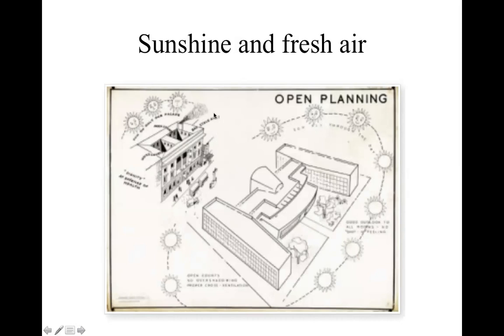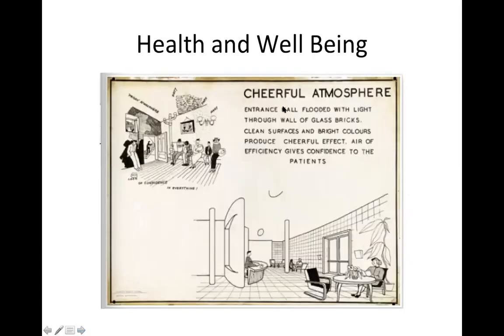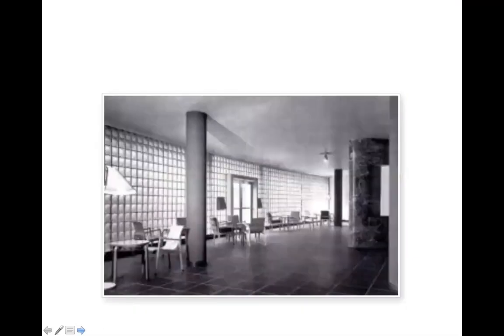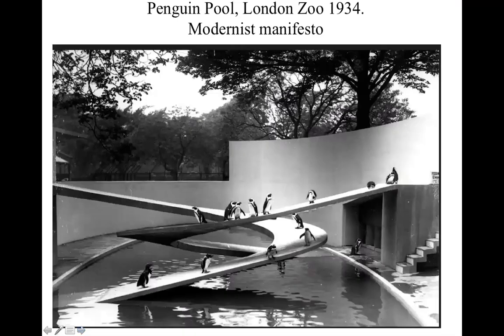So on the left is a traditional courtyard building, which traps foul air inside it where the sun can't reach. And here you see it's open to the sun, to the air. And there's a cheerful atmosphere, which Lubetkin thought was important. Not just for people, but also for penguins. Lubetkin got to do this extraordinary building in London Zoo,